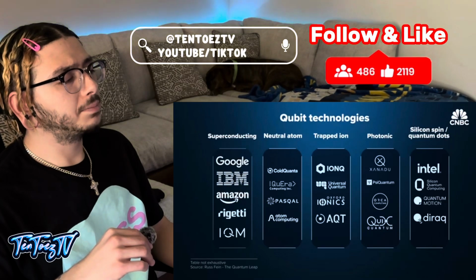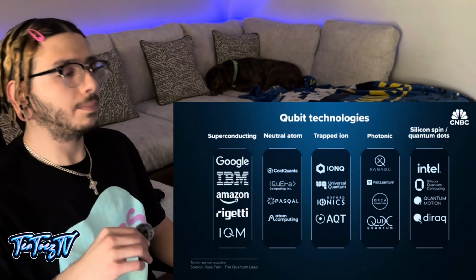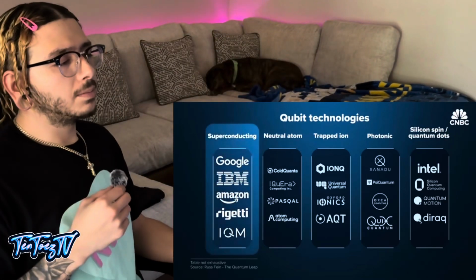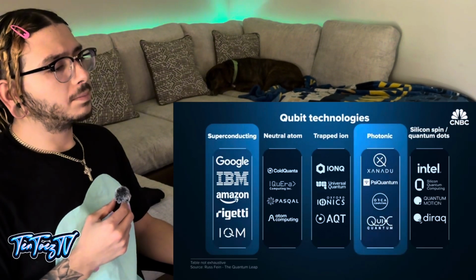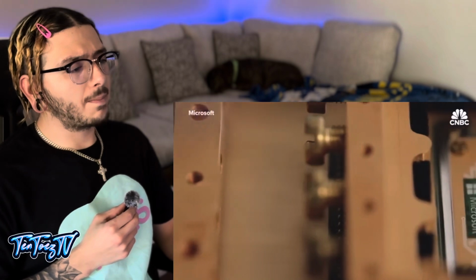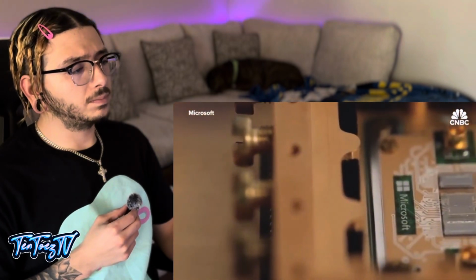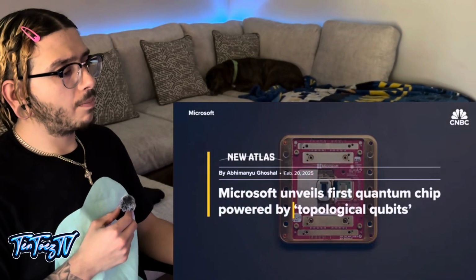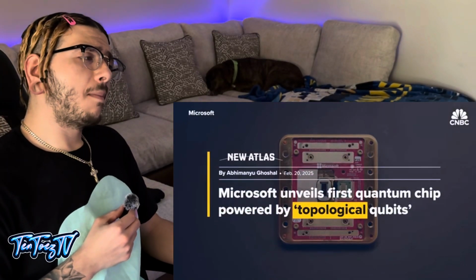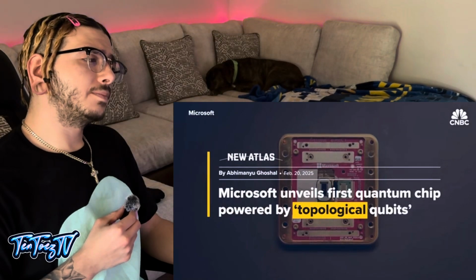Google, IBM, Amazon, and Rigetti Computing are all betting on superconducting qubits, while Xanadu and PsiQuantum use photonic qubits. In February, Microsoft announced that it had created a quantum computing chip, Majorana 1, that uses a new type of qubit known as a topological qubit. The technology required the creation of a new state of matter that could